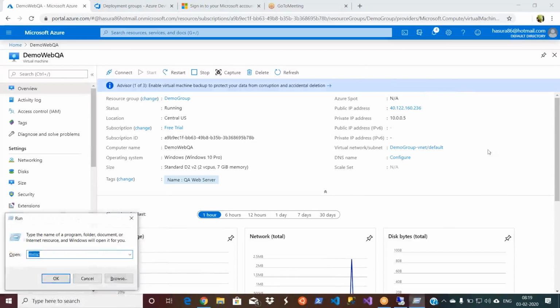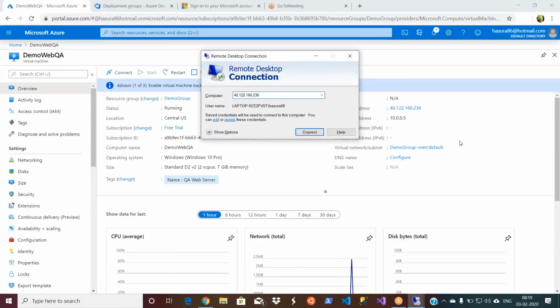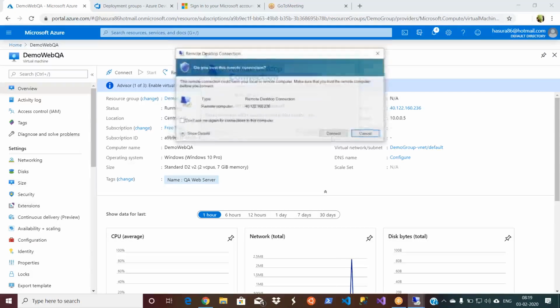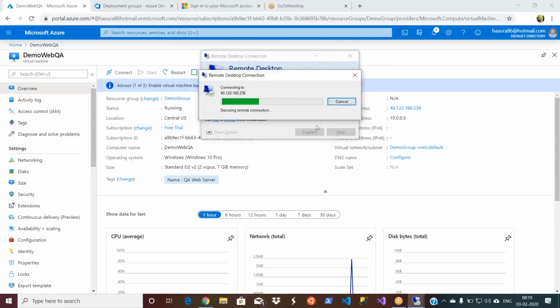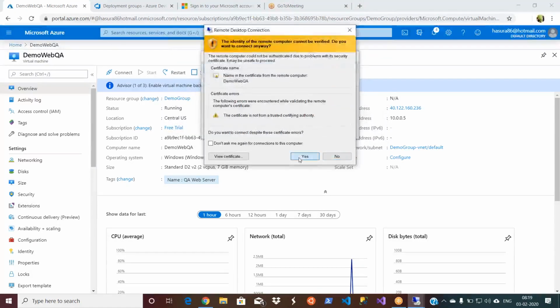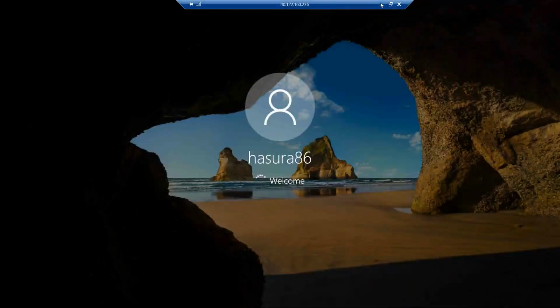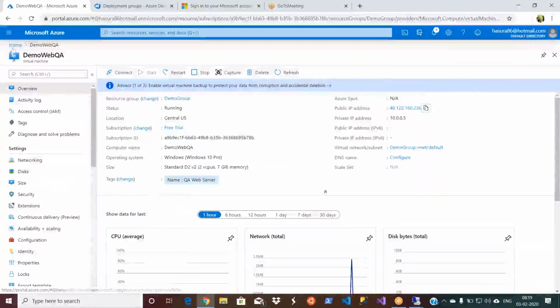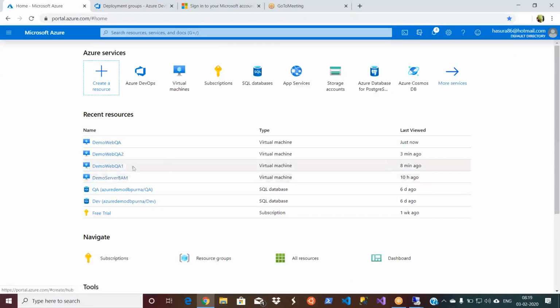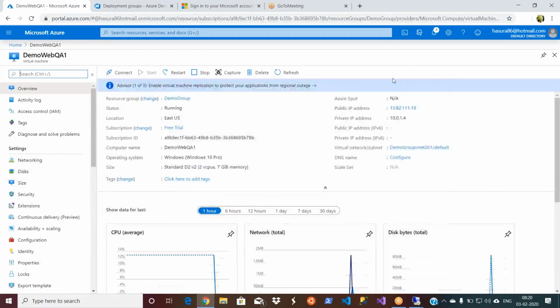Remote desktop. And then the last server is web QA1. The IP address to our remote desktop.